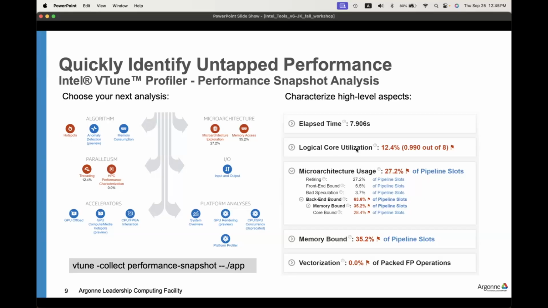Since in this example, it has pretty low threading and low core utilization, performance snapshot suggests, oh, you may try out the hotspot analysis to get a deeper understanding, for the kernel level analysis, or the threading analysis, HPC performance characterization, or microarchitecture exploration, or memory access pattern, because of this analysis, right? So this is a suggested way, but in some cases